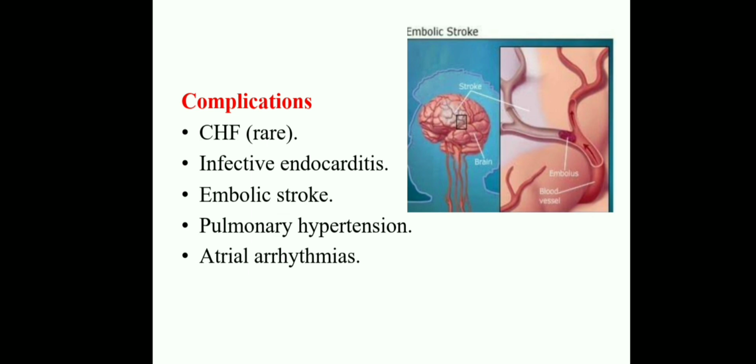Okay, and next one is pulmonary hypertension and then atrial arrhythmias. These are the complications associated with atrial septal defects. All of you clear? Nothing more in the atrial septal defects. It is a congenital malformation. This condition comes under the left to right shunt because of increased pulmonary blood flow. This atrial septal defect condition comes under that. Here there are three types of ASD: sinus venosus defects, and then ostium secundum, ostium primum.